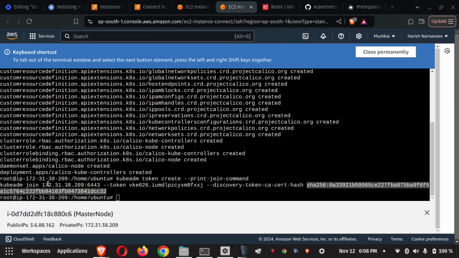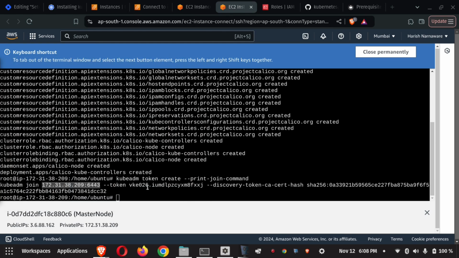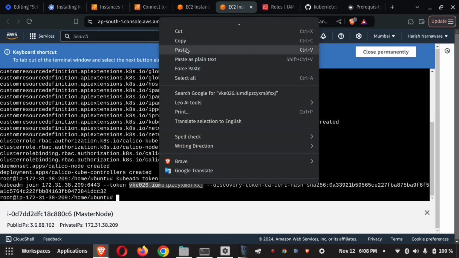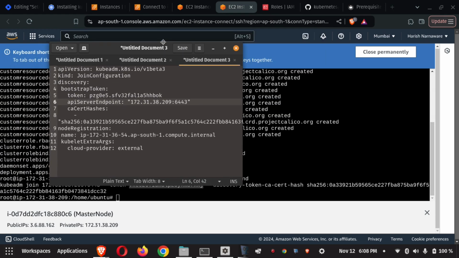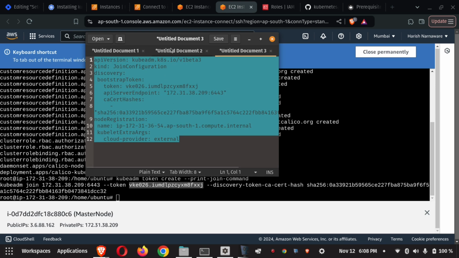Then the IP of the master node with its port number, so replace that as well, and the token name. Okay, so my node registration is changed, and the CA cert hash is also changed. The API server endpoint is also changed. My token name is also changed, so it's ready to use in my